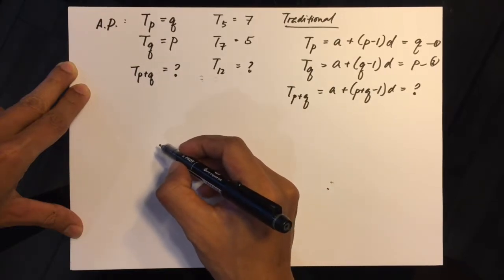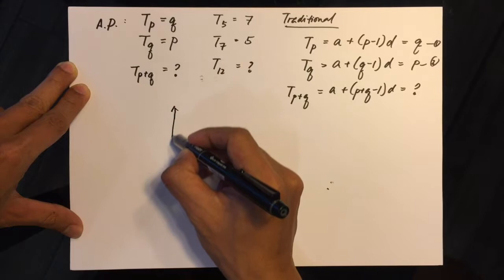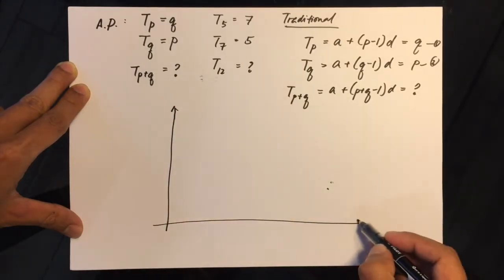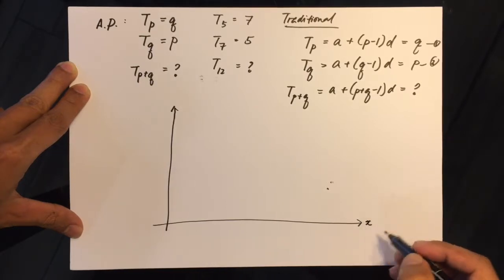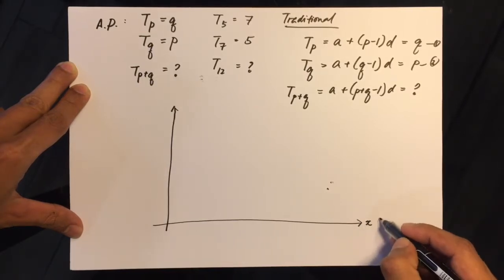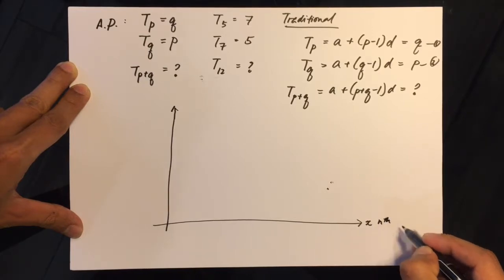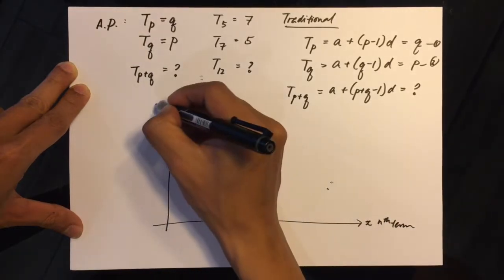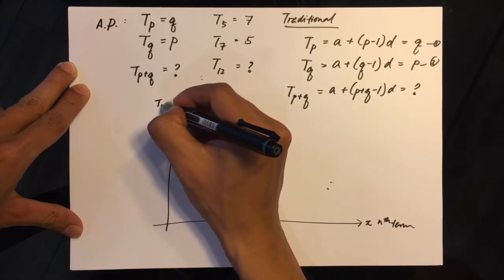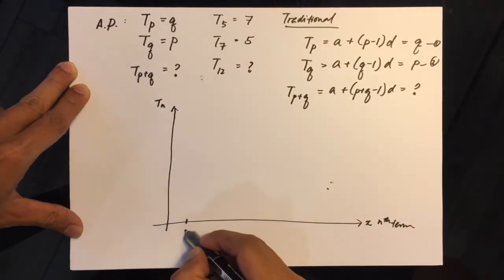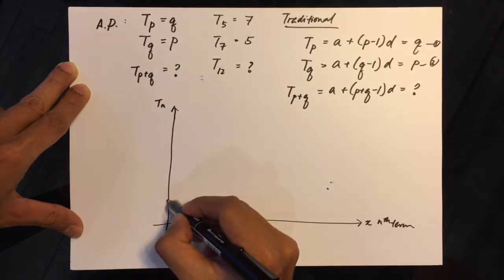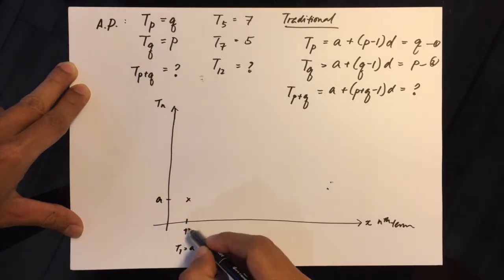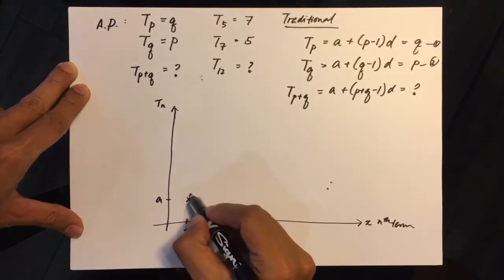If you plot a simple xy coordinate system where your x-axis essentially is the nth term, and your y-axis is Tn. So you might say your first term, which is T1, of course is equal to a. That's your standard arithmetic progression definition. So you might represent your first term as a coordinate